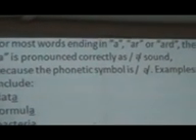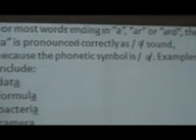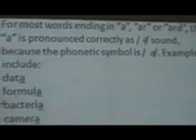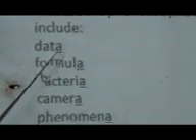For most words ending in A, AR, or ARD, the A sound is pronounced as a sound because the phonetic symbol is A. Examples of words in that category are data and not data, formula and not formula, bacteria and not bacteria, camera and not camera, phenomenon and not phenomena, curricula and not curricula, criteria and not criteria,